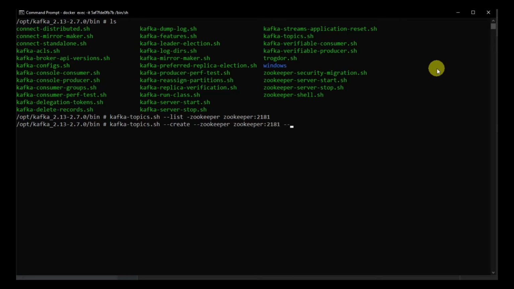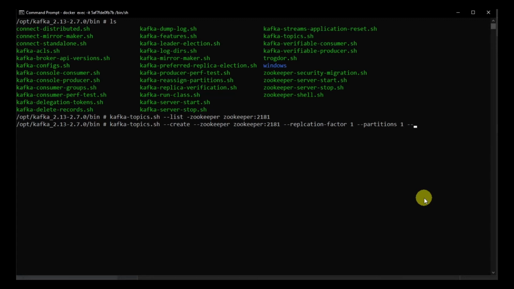And then we need to give a replication factor. So for now, I am keeping both replication and partitions to 1. I'm going to cover all these details in a later video. We'll create a separate topic on just Kafka or Zookeeper.